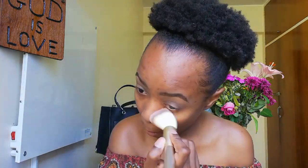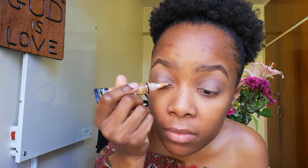Next up, you're going to use a flat brush as well as a fluffy angled brush. So this is basically to cut your crease. How you cut your crease is you make use of your concealer and the flat brush. So you apply a bit of concealer onto your eye and then you look directly up. This helps you establish where to cut your crease. Once you've established where to cut your crease, you go in with your flat brush and you apply the concealer where you will be applying the highlighting eyeshadow, or in this case,